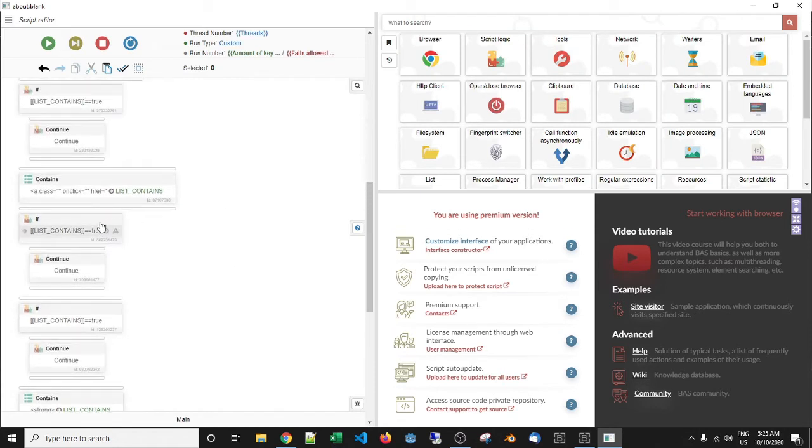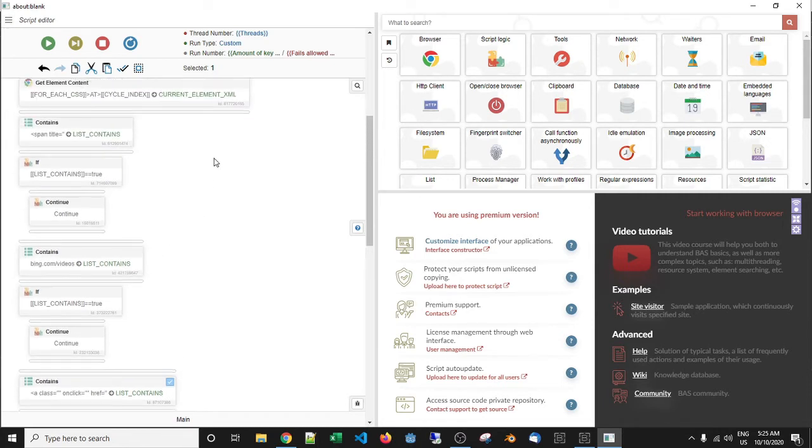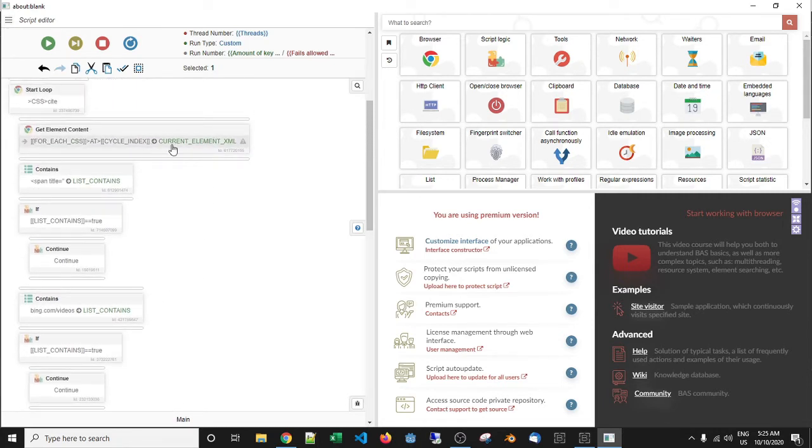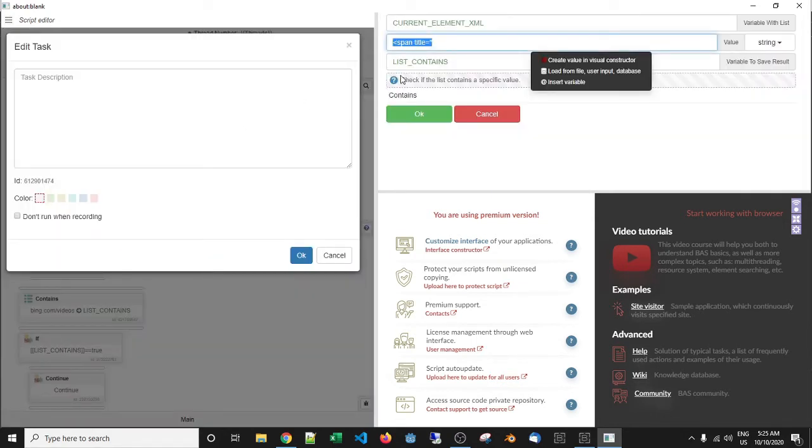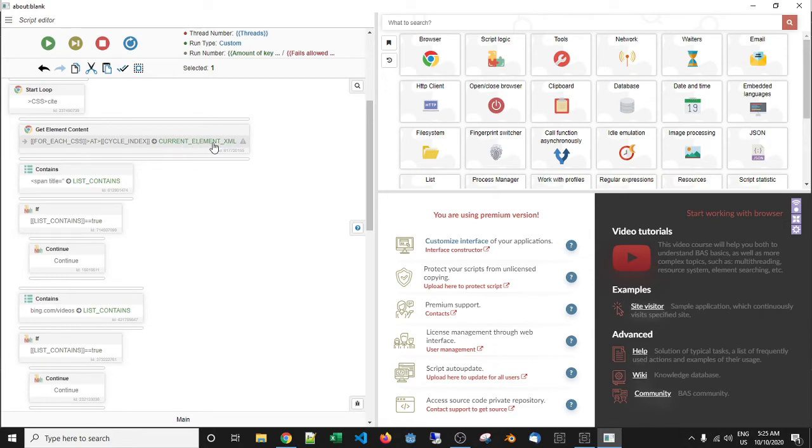So what it's doing, let's go to the top. It comes to the element and puts it into a variable called current element XML. Now, if that variable, current element XML, includes within it somewhere this span title with the two quotation marks, if that's true, if it does contain that part in the element, then we're going to use